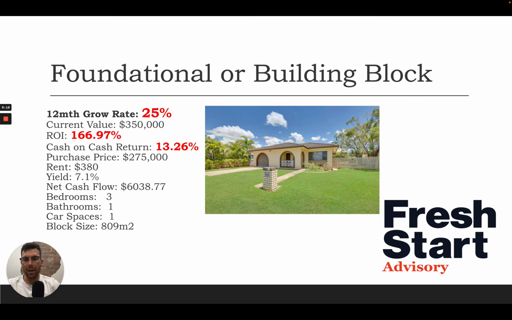Then some clients may need a foundational property at the very beginning. So this is something that you have to understand. To learn more about this and what sort of properties you need for your specific portfolio, for your achievement, for your goals, fill in your details down below. I'm going to show you exactly how to find these sort of properties, what you need to know to target this